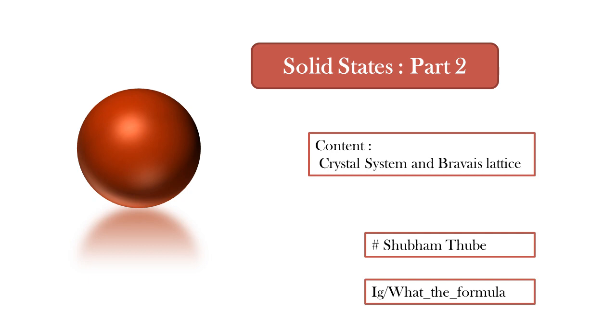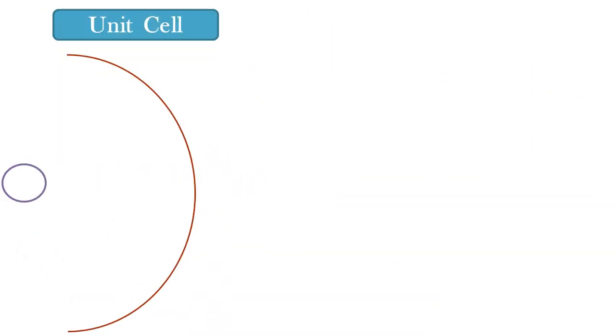So before starting the actual topic, let's have a look at some previous important areas as it is going to help us to understand the topic better. I hope many of us are aware about the concept of unit cells. If not, I will share some insight of the same. Unit cell is nothing but the smallest repeating unit of the crystalline solid, which is a combination of lattice and bases. So based on the position of atoms or the ions, there are four basic types of unit cell.